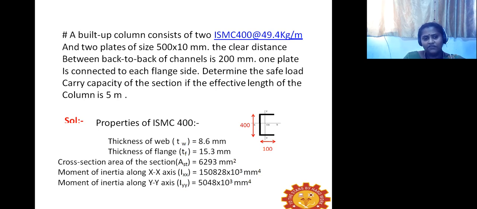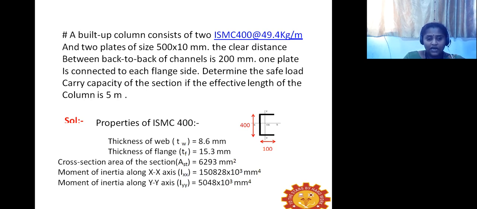On the other hand, we have another type of column problem, which we call the design type. Design type means you will be given the load capacity alone. For that load, you need to design a section, right? That kind of problem we call a design problem. So generally we have two kinds, one is analytical and the other one is design. In the case of analytical, the section size will be given. The only thing you need to do is determine the left out data which is asked, right?